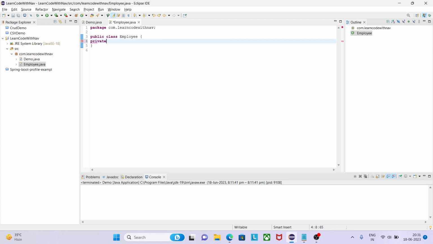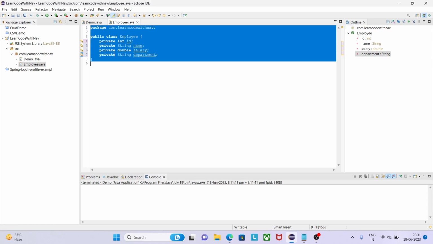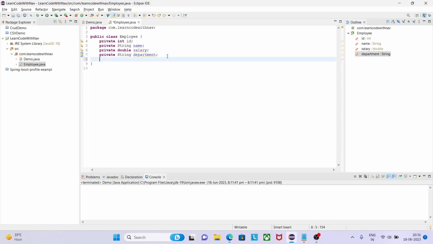private int id, private String name, private double salary, last one is private String department. So I have created 4 variables